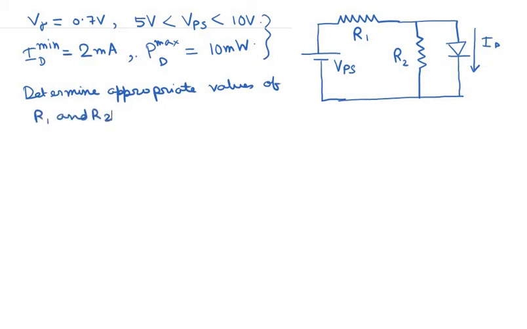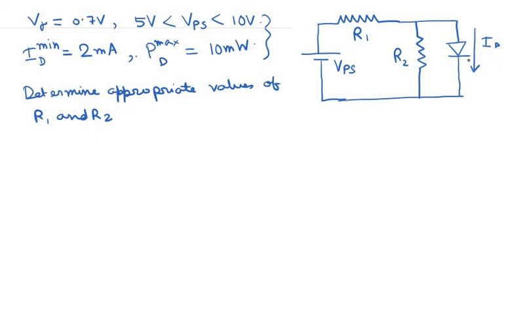Okay, now this problem is basically equivalent to that of a Zener regulator, where this diode would basically be replaced by a Zener diode in reverse biased condition, and this resistance can be replaced by the load resistance RL. Other than that, this problem is basically equivalent to that of a Zener regulator. There is no basic difference when it comes to the techniques of solution of this problem. So now let us solve this problem.